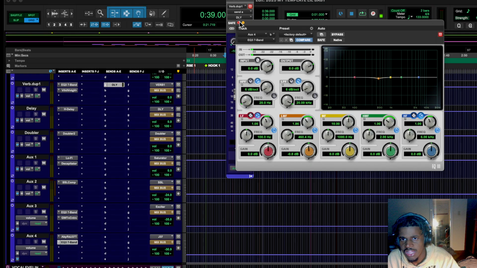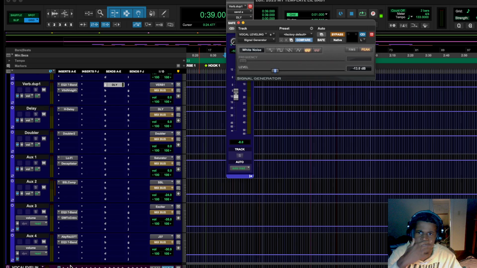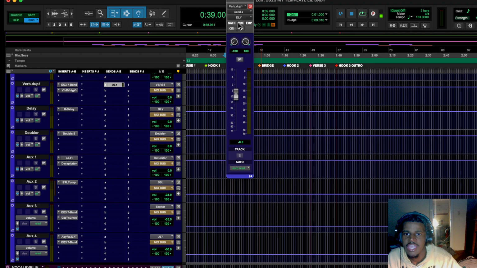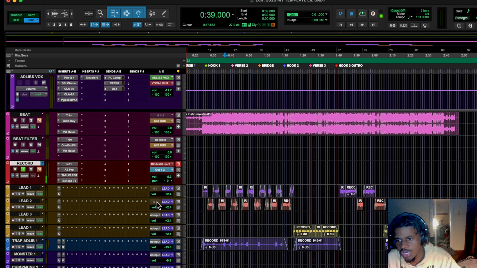And this vocal leveling, I learned this from NBA YoungBoy's producer, Cheese. He basically gave me this tip. So when you're trying to level your vocal out, you just turn on this thing, let's call it a signal generator, and put it on -13. I'm going to still teach this in this video. Put on -13, turn it on with your vocal playing, mute the beat, and then try to level out the vocal with the white noise that plays, and then boom, your vocal will be leveled out with your beat. Coolest trick I've ever figured out. Thank you to Cheese for that.